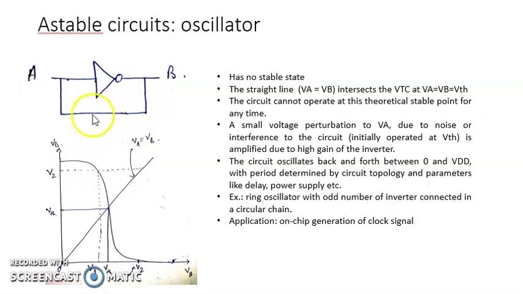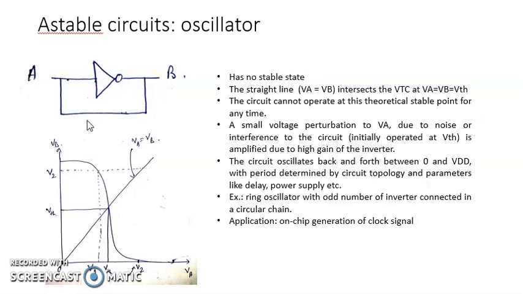The VOH will now act as the input to the inverter and it will produce an output of VOL, maybe somewhere close to V2. From this point, the circuit keeps oscillating between 0 and VDD. Once the output of the inverter reaches VDD, this is connected through this feedback loop to the input. So now the input is equal to VDD. The inverter will produce an output equal to VOL or 0. This is again connected to the input of the inverter. So the input is now equal to 0 and the output of the inverter will be VDD. Likewise, from this point, the inverter will oscillate between the two points 0 and VDD.